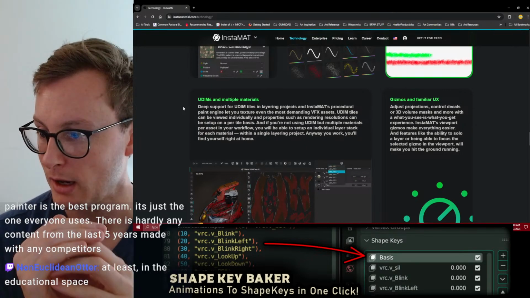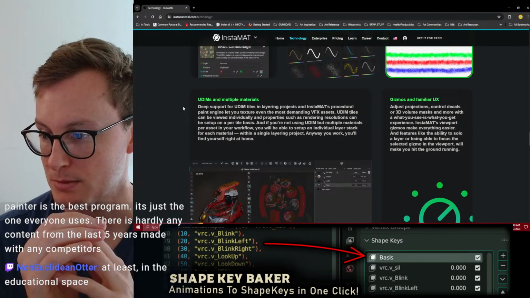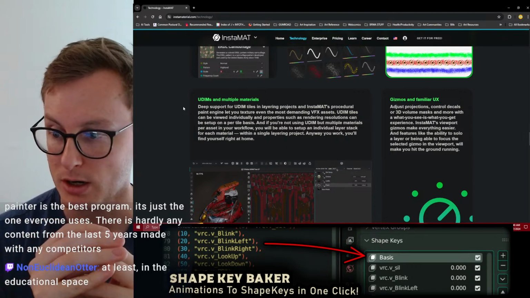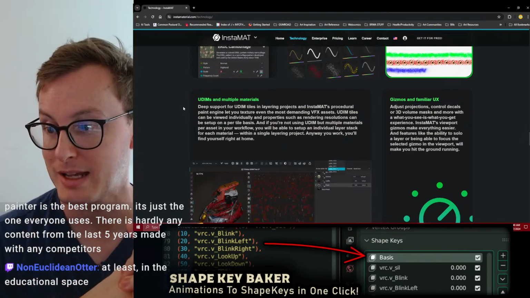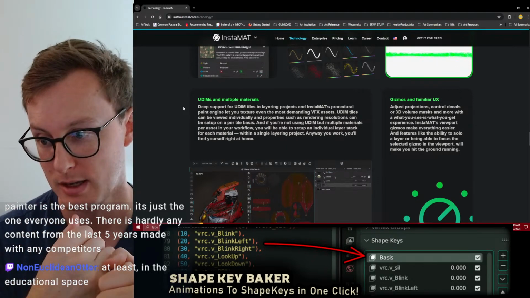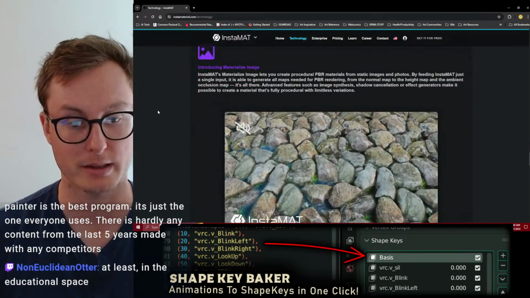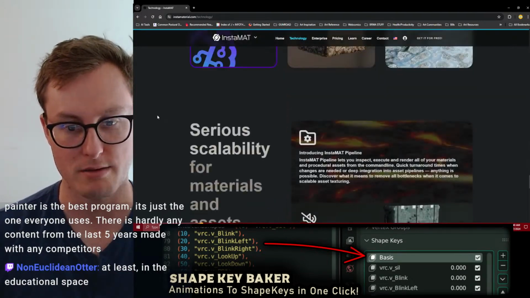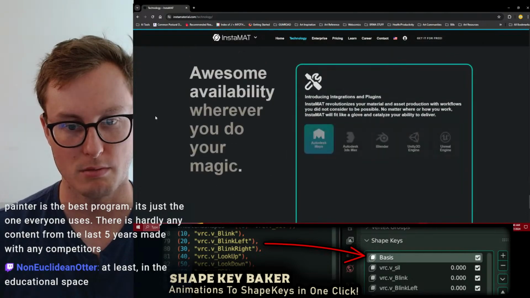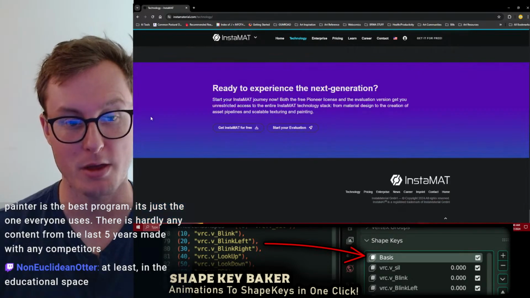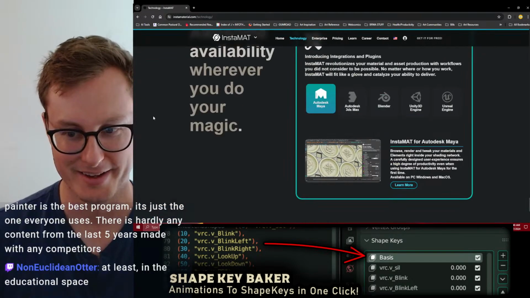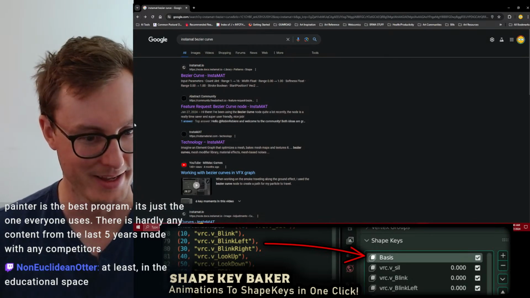Honestly, the problem isn't even that Substance Painter is the best program, it's just the one everyone uses. There's hardly any content from the last 5 years made with any competitors, at least in the educational space. No, I agree 100%. People have really let Painter just kind of be king of the hill with no competition, which is annoying to me.